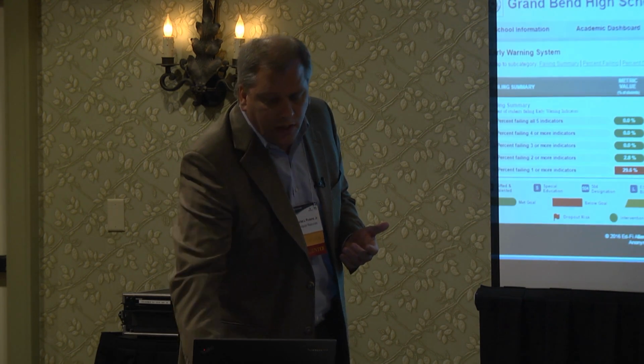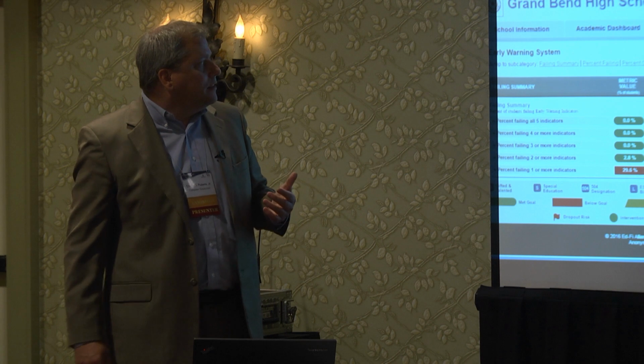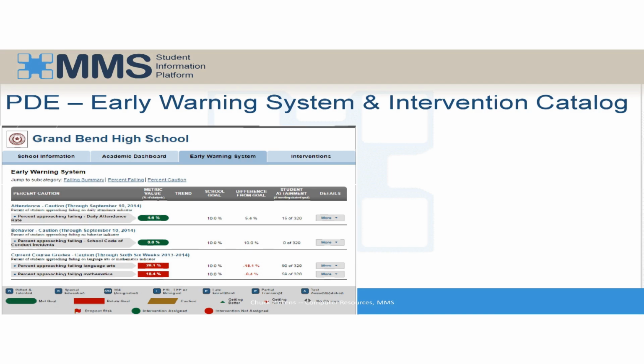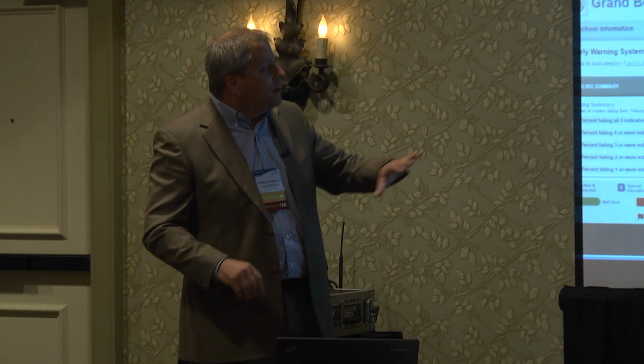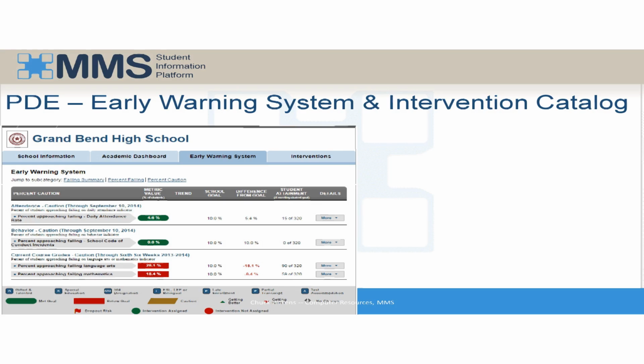And so what they employed was the early warning system. And with the early warning system and intervention catalog, it's fed with data for grades, behavior, attendance. The ABCs essentially is the early warning system, folks call it. And right here you can see at a glance that in terms of the indicators in those areas, and we'll get into that in a moment, whether or not